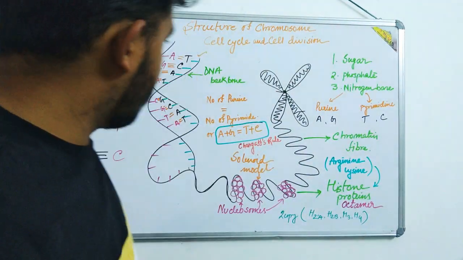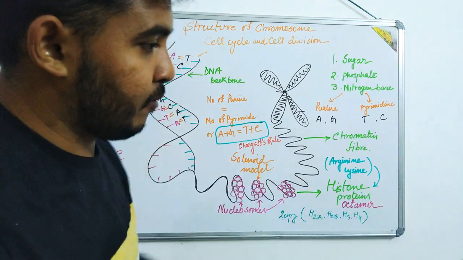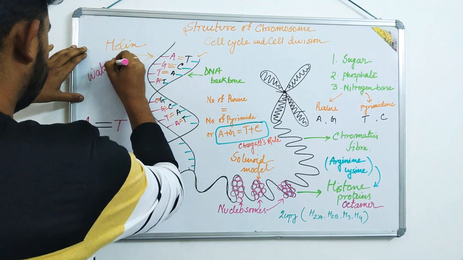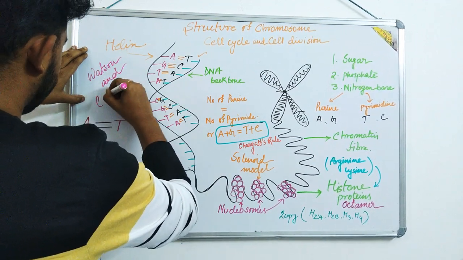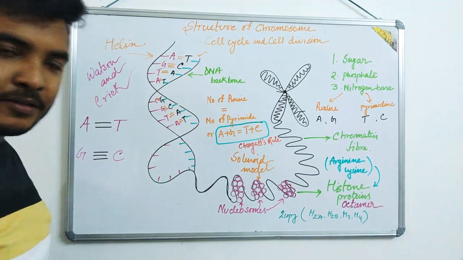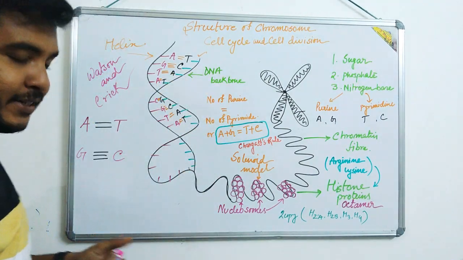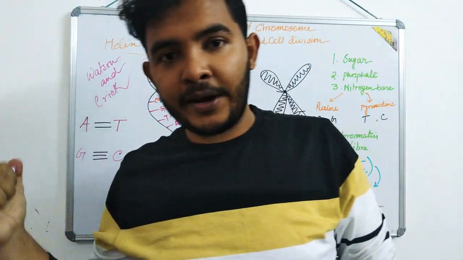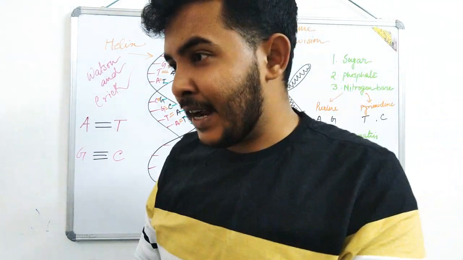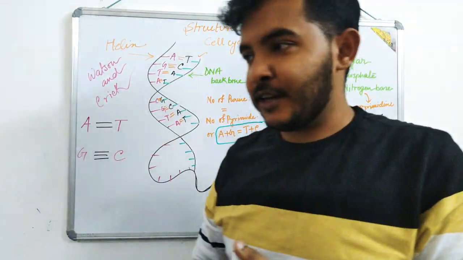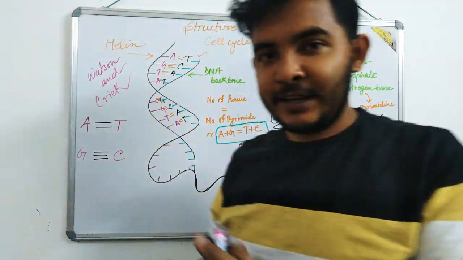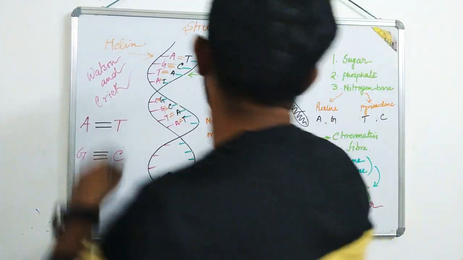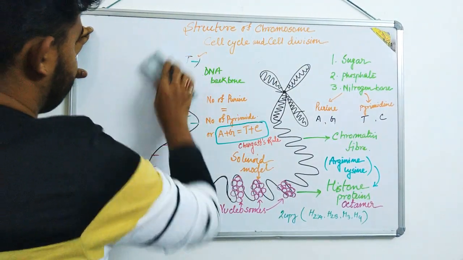And one thing more, this helical structure has been discovered by Watson and Crick. Okay, the scientists' names were Watson and Crick. They discovered these very beautiful things, which are very basic to our lives. That's why they have been awarded the Nobel Prize. I think they got it in 1953, most probably. I might be wrong, but still I think it's 1953. You can check it in your books. Okay, so that's it. Let's go straight into the cell cycle.